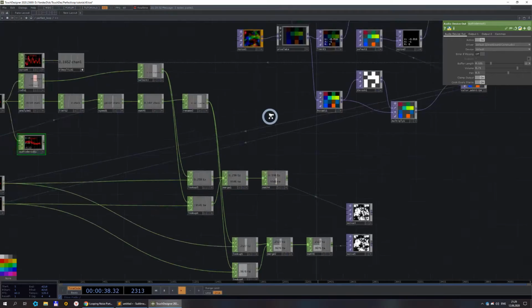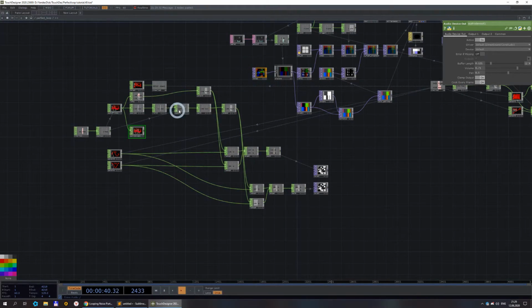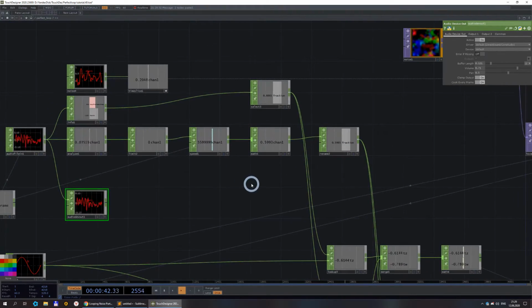And then we would need to use it for our noise here. Okay, a little bit more. Oh, a couple seconds more,